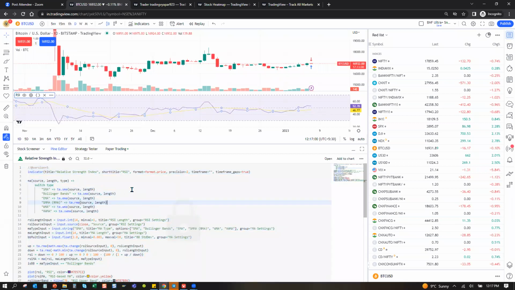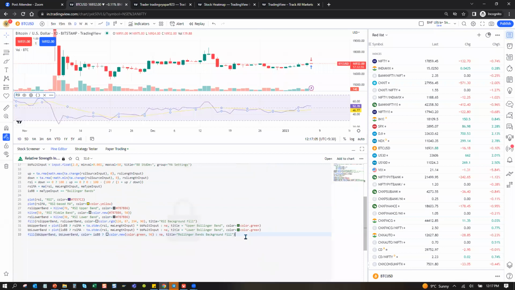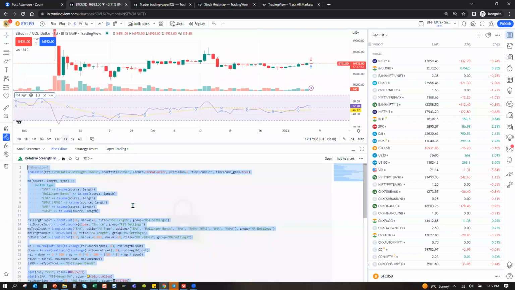Similarly, if someone has a custom code like Hilega Milega, or any custom indicator that someone shares with you, what you need to do is copy and paste it here. This is the standard one, but you will see the save and add to chart button. Use that button and mark it as favorite. So this is an introduction to the Pine editor, I'll say.